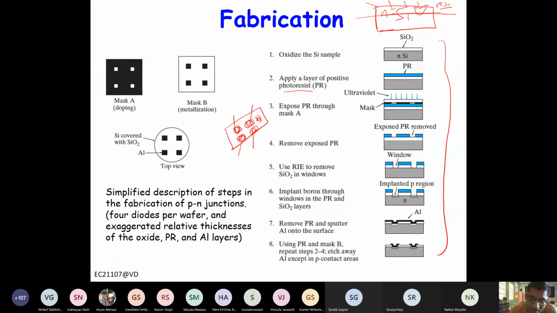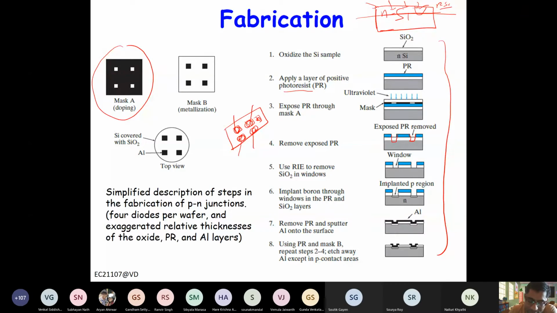Then once we apply the positive photoresist, we make a mask, right? You see here, this is the mask. In this mask, this black region is opaque and the white region is transparent. So UV light will pass through this transparent region and make the photoresist weak in these regions, right? Then of course we wash away the photoresist and we have the opening here. Now we want to remove the silicon dioxide from here also, right? For that we use a process called